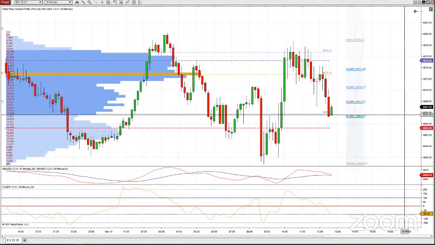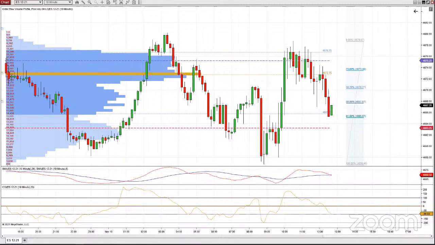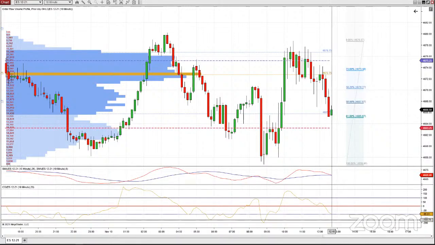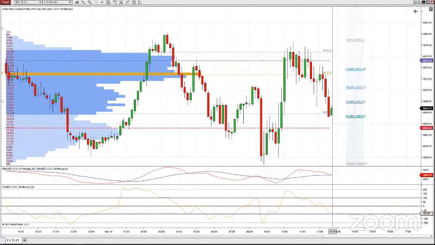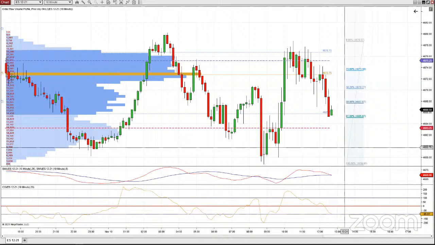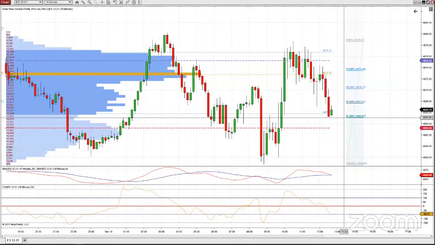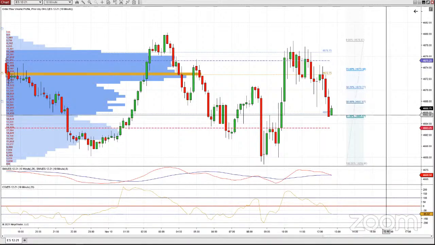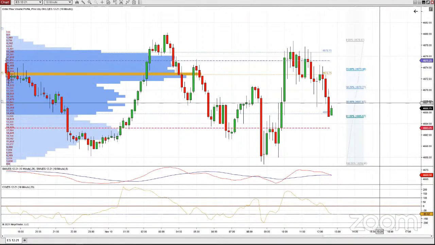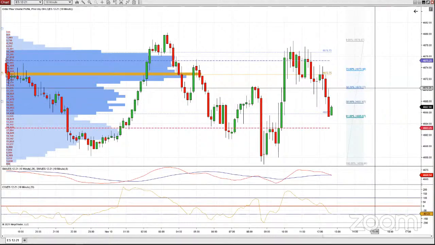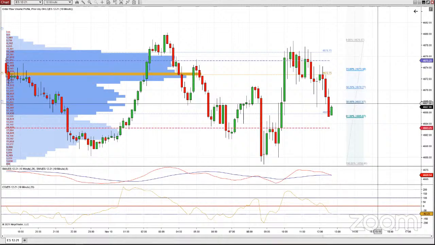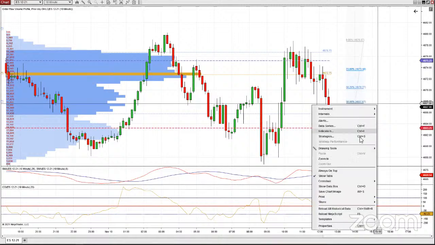So a trade idea might be something like this. Although these two indicators don't really help me with that, since the moving average cross is exactly touching right now. The CCI is kind of negative right now, so I'd be a little bit hesitant to actually buy a contract here at this 61.8% level. But maybe I would be more interested to sell a contract at the 50% or sell a contract at the 38.2%. I'm just going to do it from the chart just to show you what it would look like. Just right click.